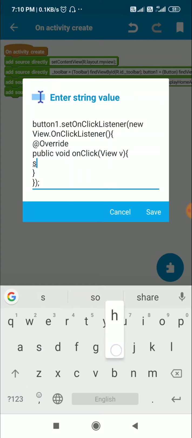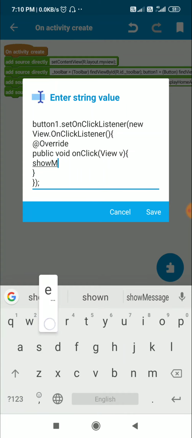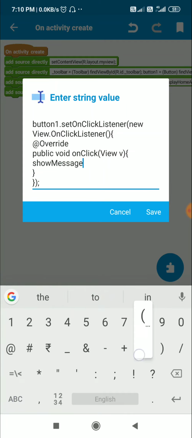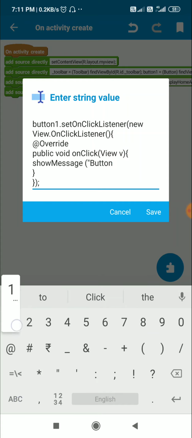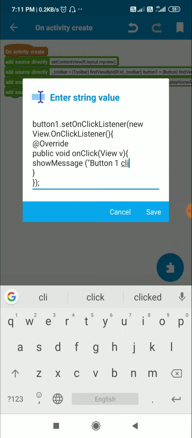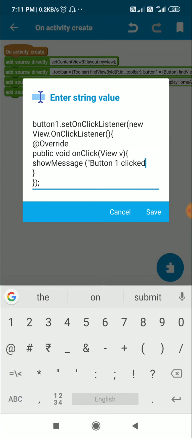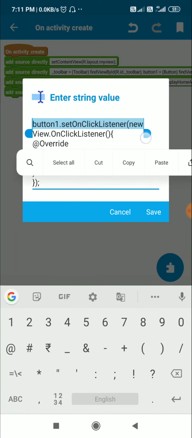So here I will show a text message, showMessage. This will be in double quotes, "Button 1 clicked." Okay, so this is the onClickListener for button1.